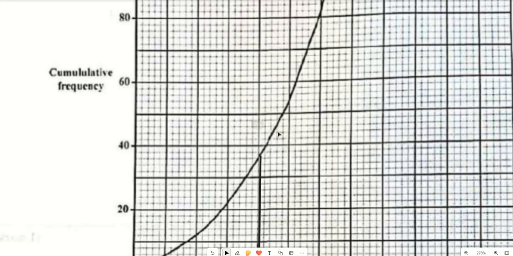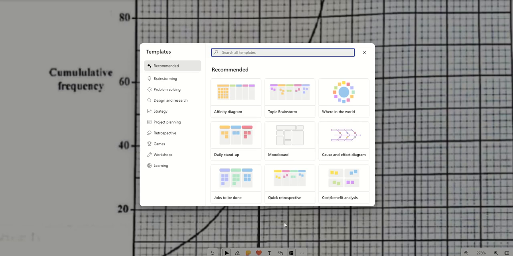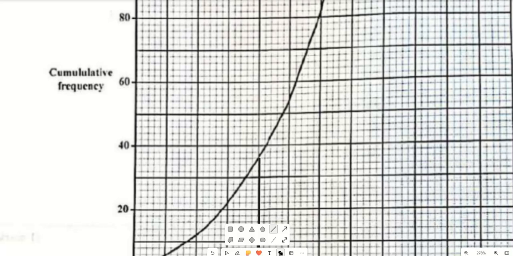So we're seeing that it meets the graph line here. So what you're going to do is draw straight across and then read the value that you get. So it's going to be here. Now this one is a pretty easy one. If you look at this,